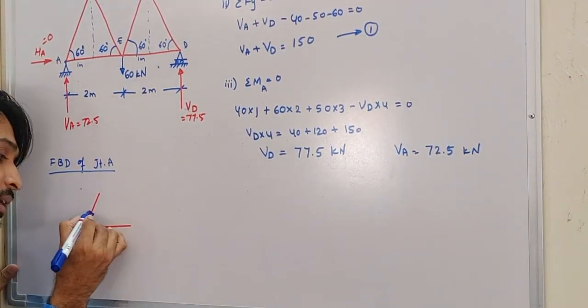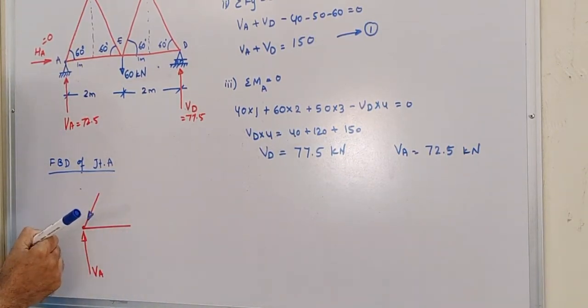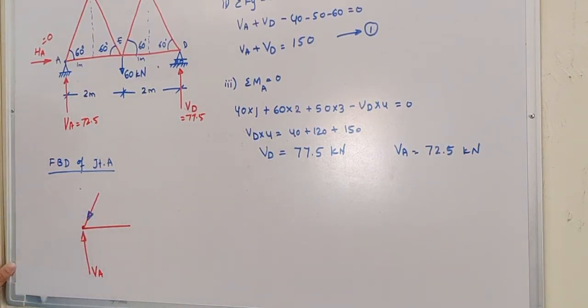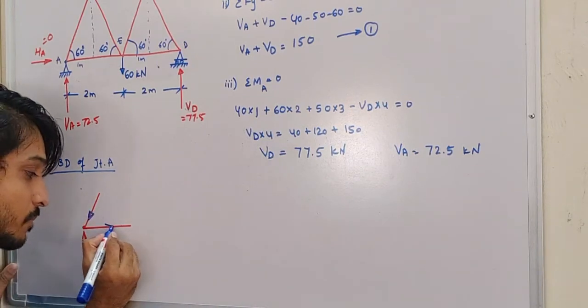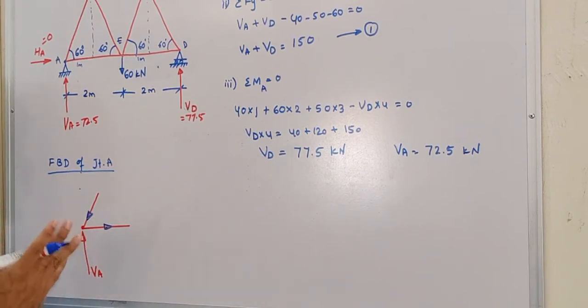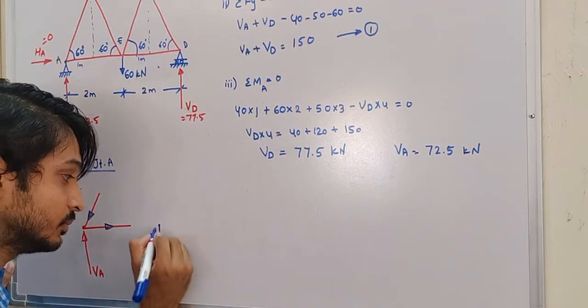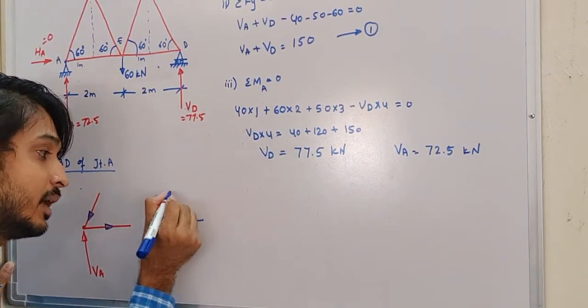Now you see something which is acting in this direction, correct? So there has to be something in the opposite direction. It is trying to pull this joint in this direction by this force. What I have to do is apply some force which is pulling in this direction, like this. You can remember this also, or if you are getting confused, we'll just take a joint, and we know VA is in the upward direction. There is one member here and one member here.